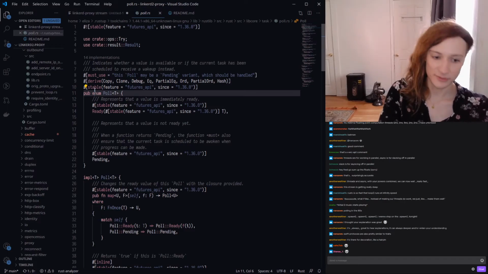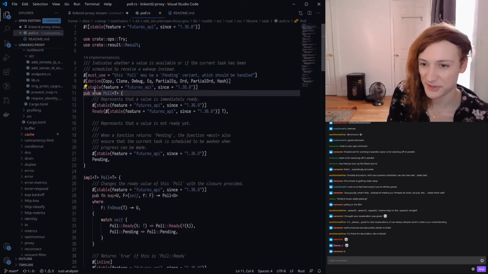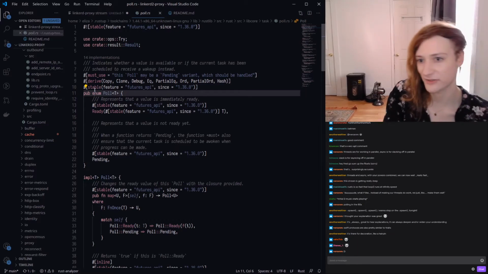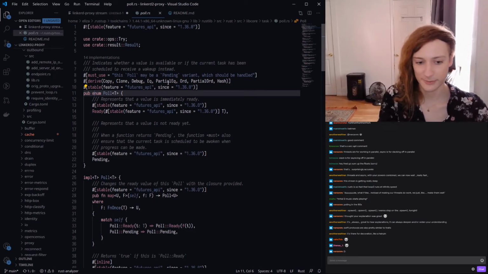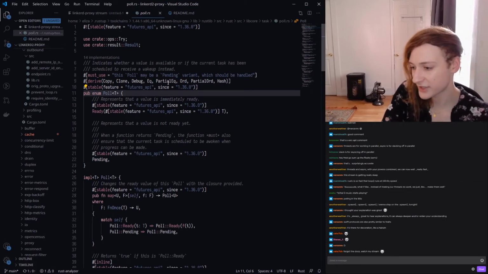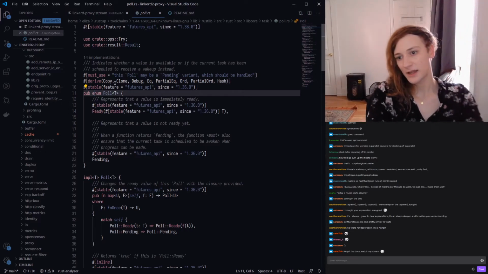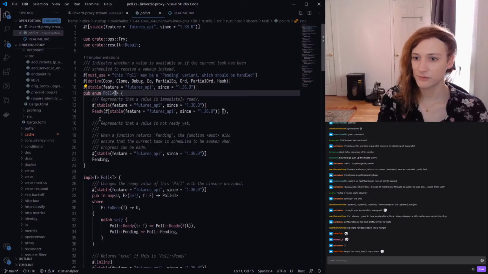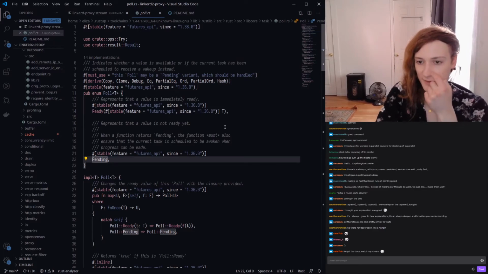So this is one of those enum types, right? This is like the Result that we were looking at probably about an hour ago before I got sidetracked talking about NICs and data centers and wires and fiber optics and electrical engineering and all of that. So before I was talking about all of that nonsense, we were looking at the Rust Result type, and we were looking at how the Result type is a value that is one of multiple variants. And so here we see that this Poll thing has a single type parameter called T, and it has two variants which are called Ready and Pending. Ready is a T, and Pending is nothing.